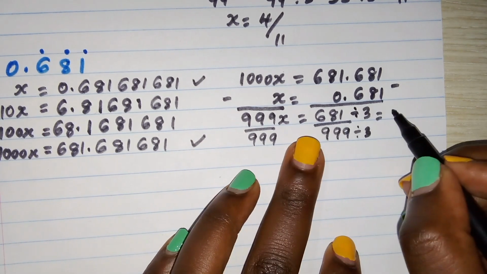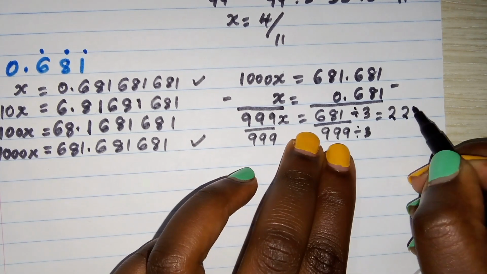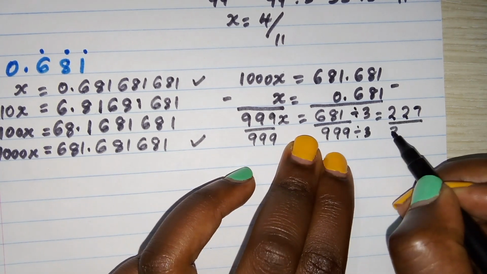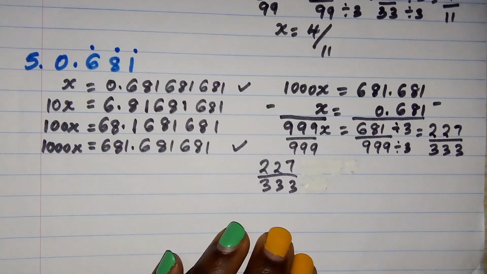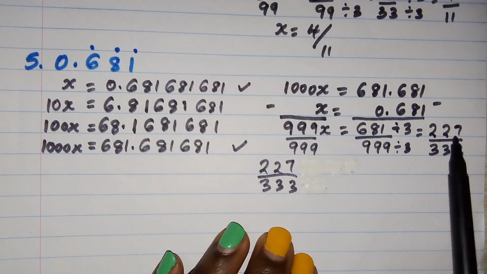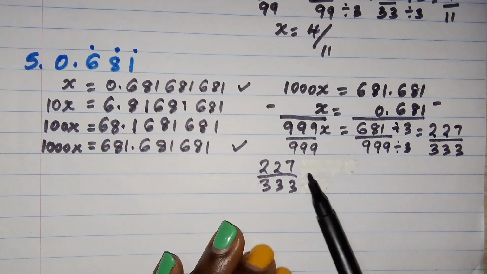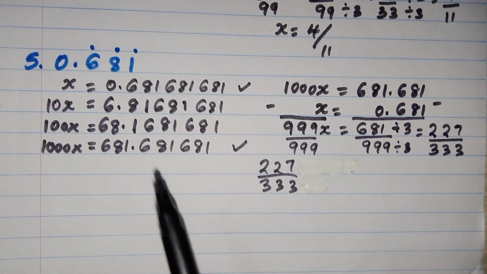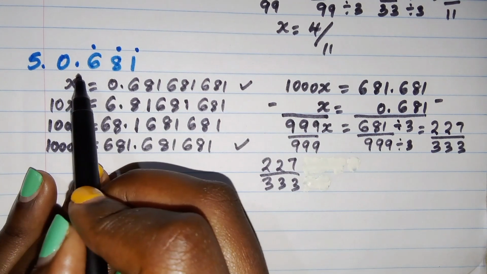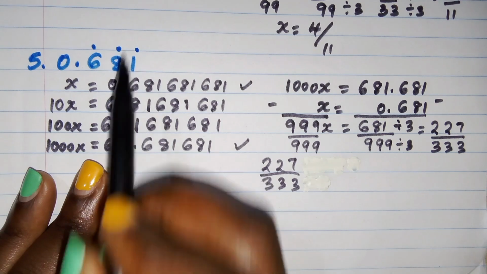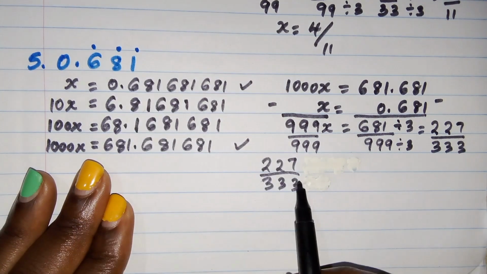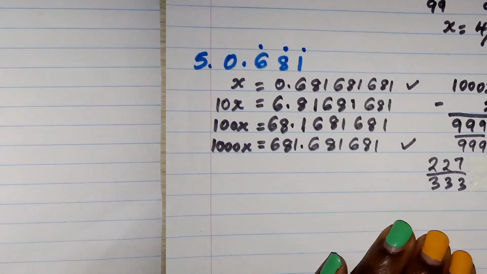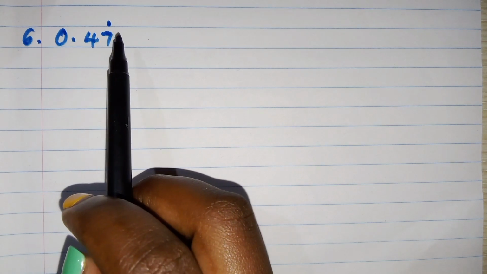So divide by 3, that will be 227 all over 333. Therefore, the answer would be 227 over 333. This one can't be simplified further. So 0.6 recurring, 8 recurring, 1 recurring is the same as 227 over 333. Number 6, we have 0.47 recurring,